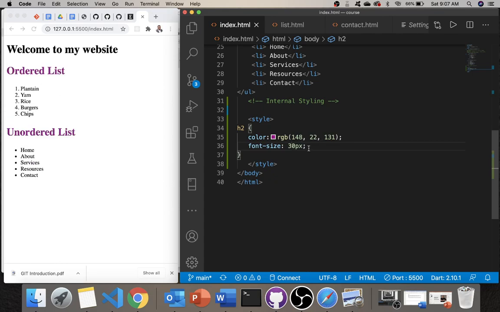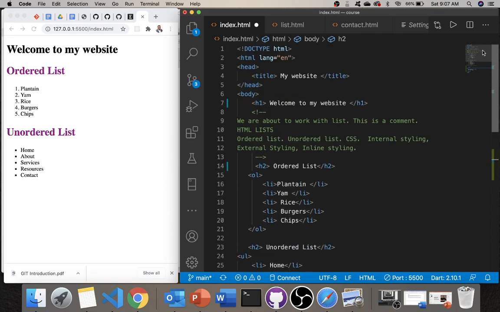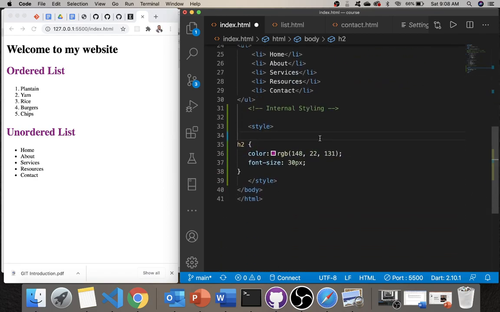How about if you want to give it a background? You want to give the entire page a background. To give the entire page a background, it will not be inside the h2 tag. It will still be inside the styling tag, but we're going to style the entire body. Remember, anything in the tag can be styled. So body is in a tag. We will style the entire body. So we'll say body, and then